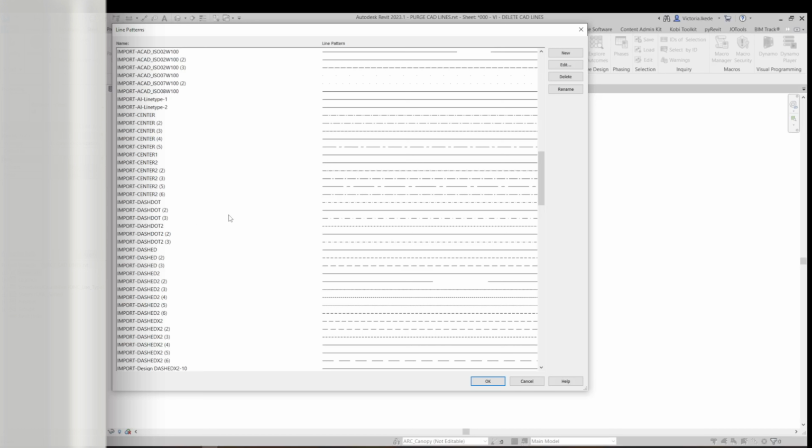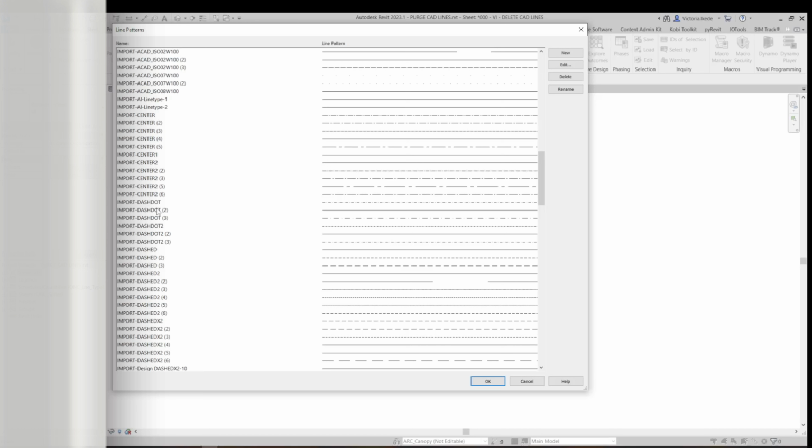If you've ever experienced this on a team and you're a BIM manager, I feel your frustration. Today, we're going to be making a script that will delete all of these lines, and we'll do that by basically searching for the first word in the line type, which in this case, luckily, is all import, import, import. So we're doing kind of like a find and delete instead of a find and replace, if you're familiar with that function